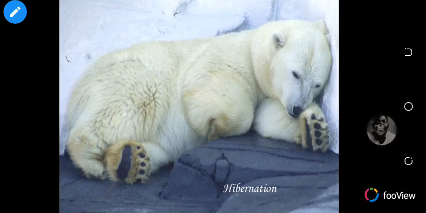Hibernation: so sometimes certain animals also go on hibernation. When we say hibernation, it's a period with which the animal rests, a period where the animal sleeps. So sleeping during winter, for example, the polar bear, they sleep during winter in order to conserve a lot of energy. So they actually go in a state where they are not active, so that they don't use a lot of energy, they conserve heat and the rest. So that is hibernation as a way of adapting.